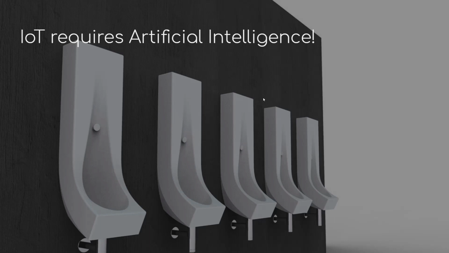Actually, this is not a case study, but the idea is it will help you understand that IoT actually requires artificial intelligence. Using artificial intelligence, we can train a model, then we can tell that particular microcontroller or microprocessor to decide based on the amount or weight of the person, something like that. We can decide how much water is to be flushed. The conclusion here is IoT devices require artificial intelligence to have smart things.